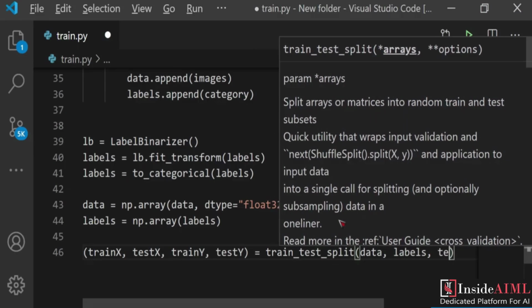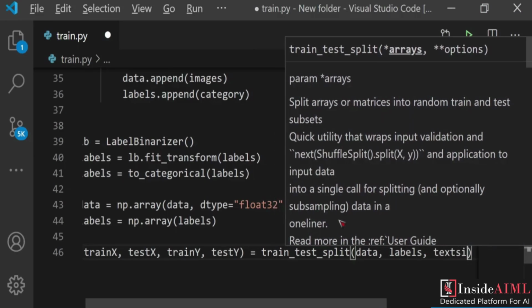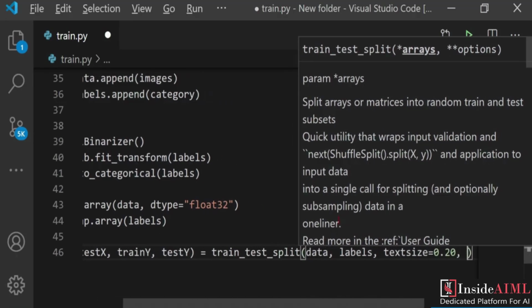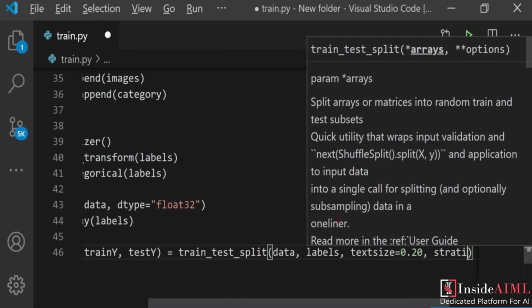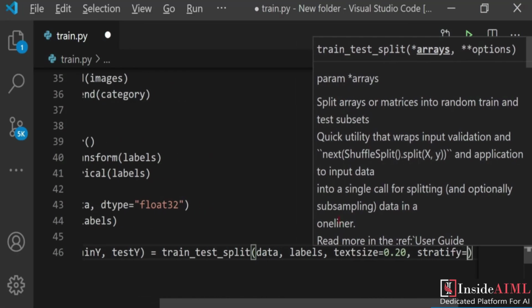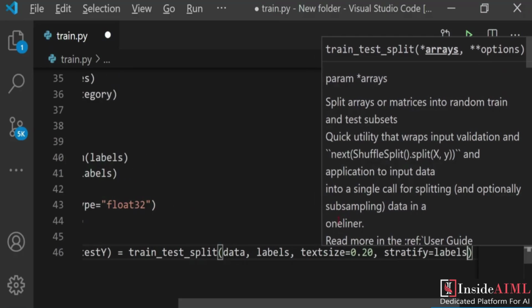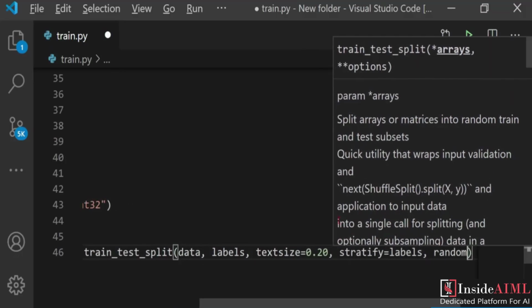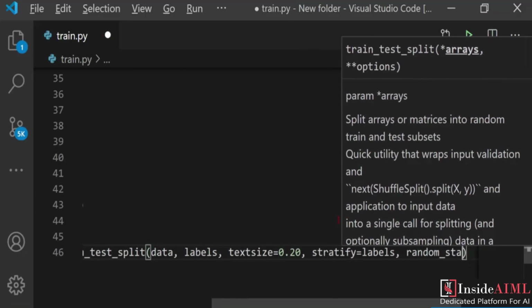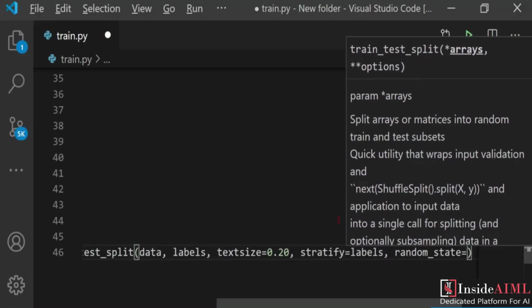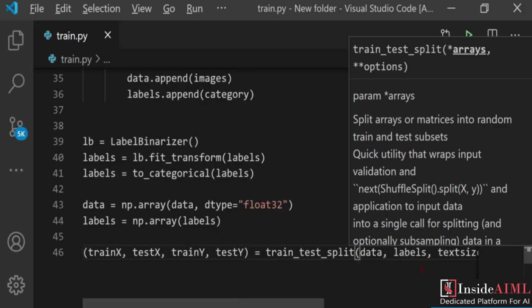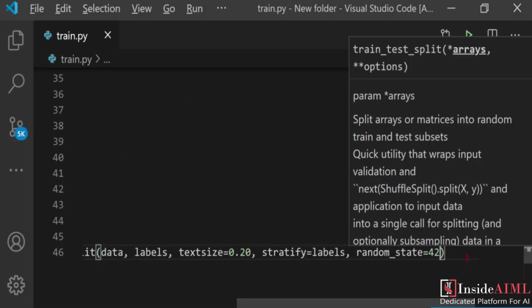The test size will be 0.20, and let's set stratify to the labels. After that we'll set the random state. Let me just set the random state to 42, whatever number you like. After that, we need to generate the images, calling the image generator function